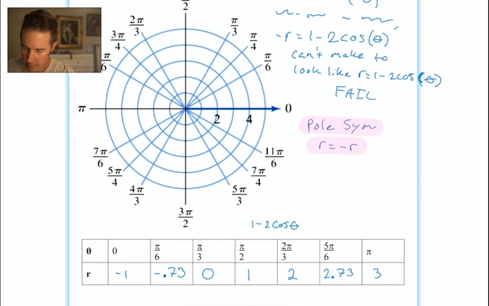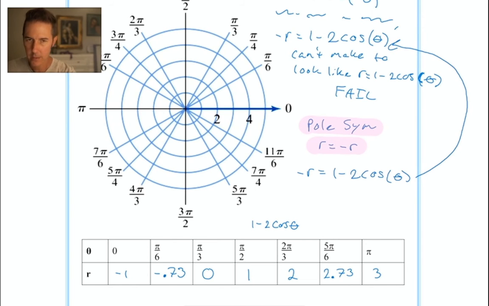So replacing r with negative r gives us negative r equals 1 minus 2 cosine theta. Oh, well, look, this is exactly the same as this troublesome situation that we were in. There's no way to take this equation and make it look like the original. So either you can write that out again, or you can write fail again. That's what I'm going to write. Fail